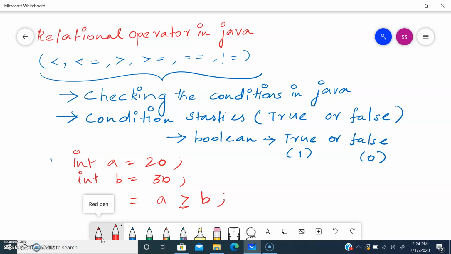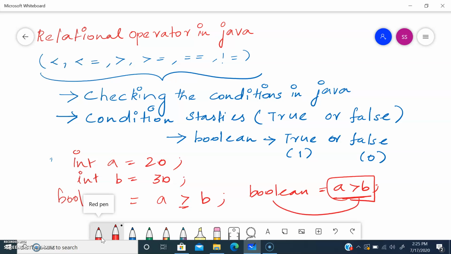I am using a relational operator. When using a relational operator, I need to store the value in a Boolean, like boolean result is equal to a greater than b, because this kind of operator returns a Boolean type of value.